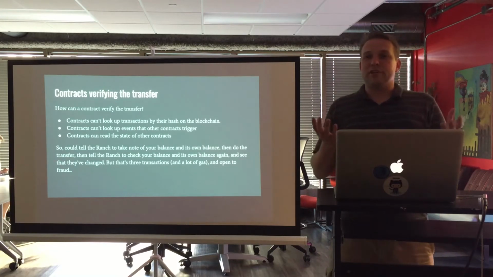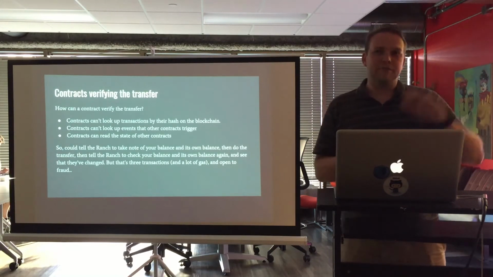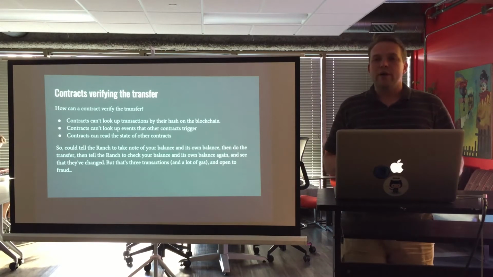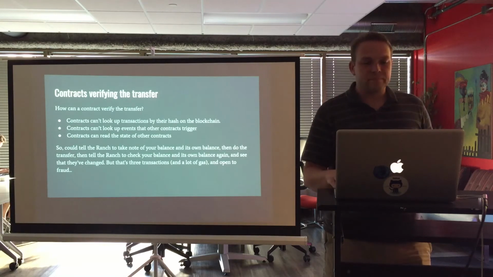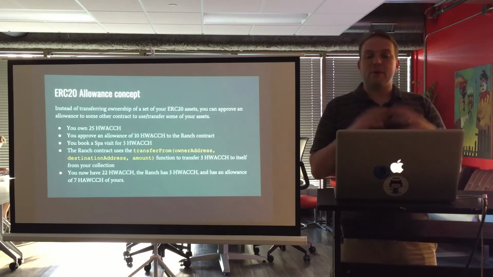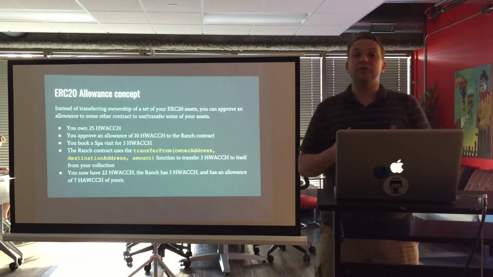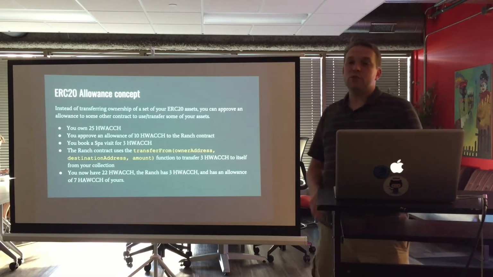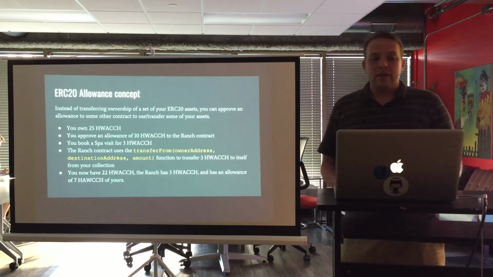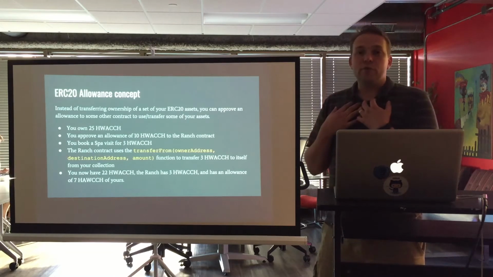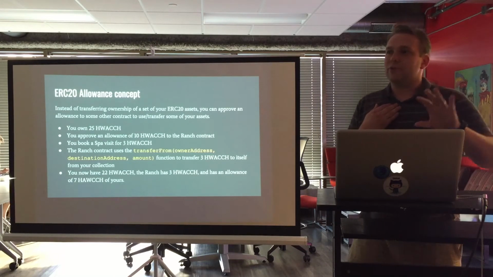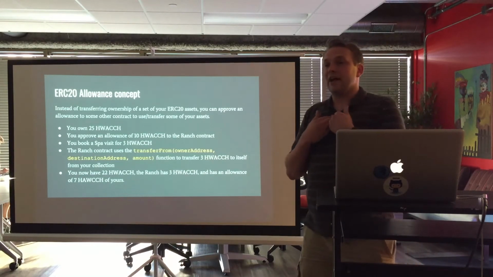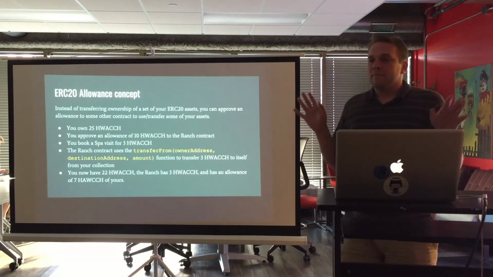And also, that's 3 transactions: you telling the ranch something, going to do something, and then telling the ranch to check again. So we need a better way to actually get the ranch to know verifiably it was you who did it. The way that's been decided and has become part of the ERC20 contract interface standard is this idea of an allowance. We're actually going to let the ranch be the one who actually moves the tokens. So the idea is, I own the asset, but I'm going to give the ranch an allowance to use part of my herd, part of my asset, and move the funds from my account to wherever it wants.